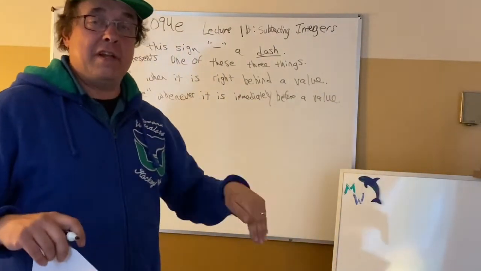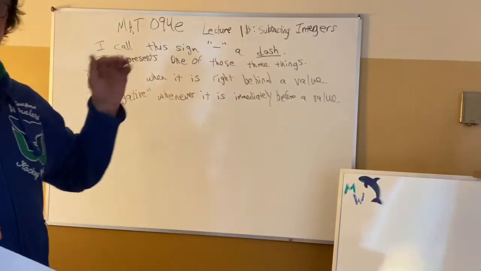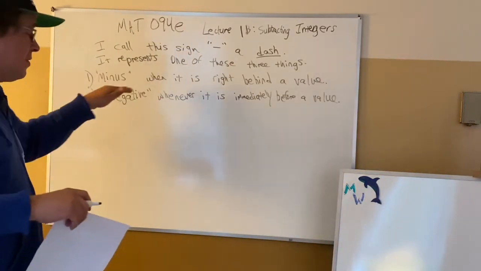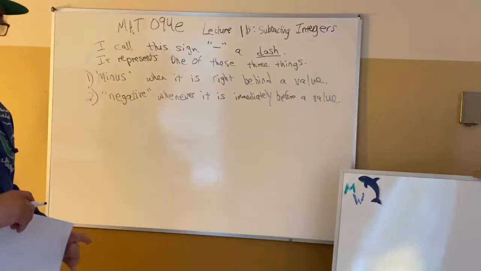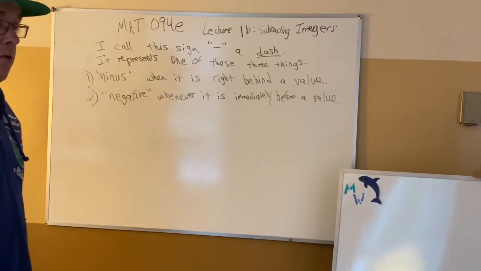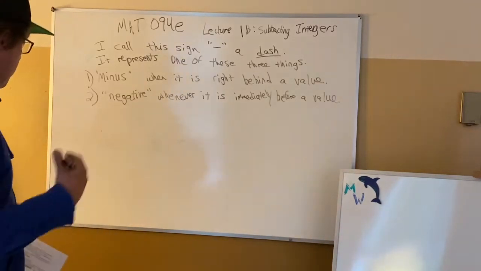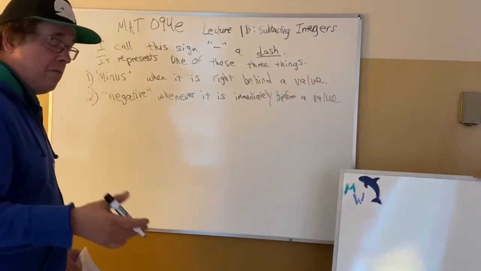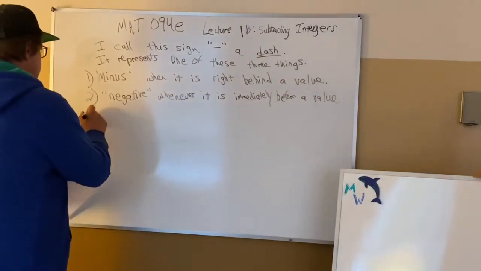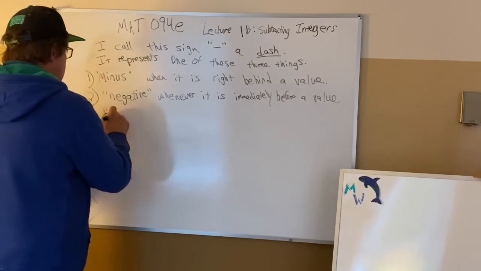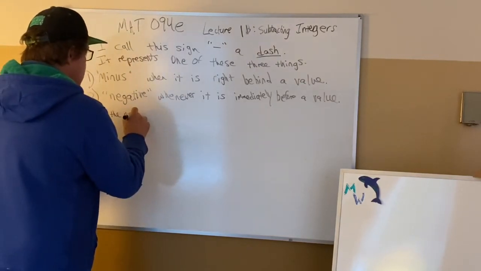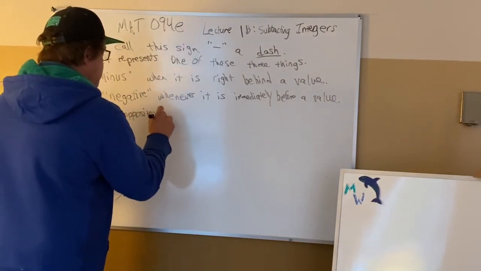You call it minus and it is named. But if you get to one that's not a minus, then you continue to see if it's called a negative. And it will be called negative if it's immediately before a value, which is usually a digit, sometimes a letter, sometimes a fraction. But if it's immediately before a value, mostly a digit, then it'll be called negative. And it's called the opposite. So you don't just call it opposite, you call it the opposite of